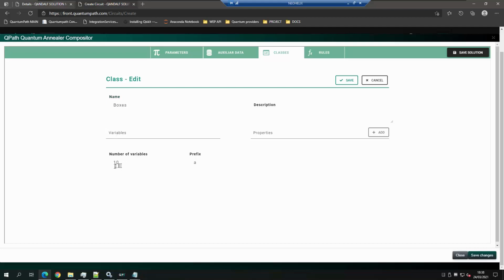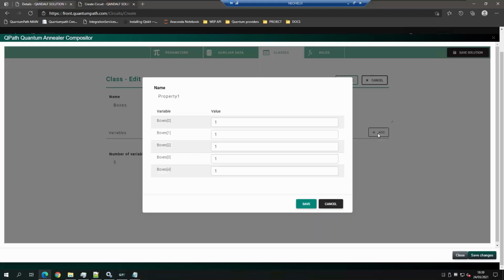These boxes, we need to define 5 instances, and the prefix we will put to the boxes will be box. Then, in our box class, we need to define specific properties. One property to define the price, and another property to define the weight. So, to do that, we will go to the Properties button, click Add, and we can find that the editor